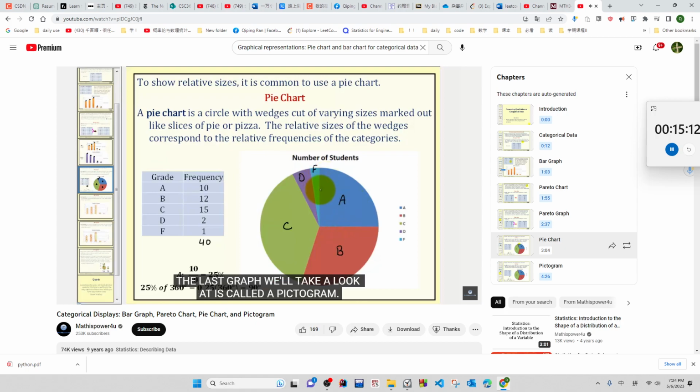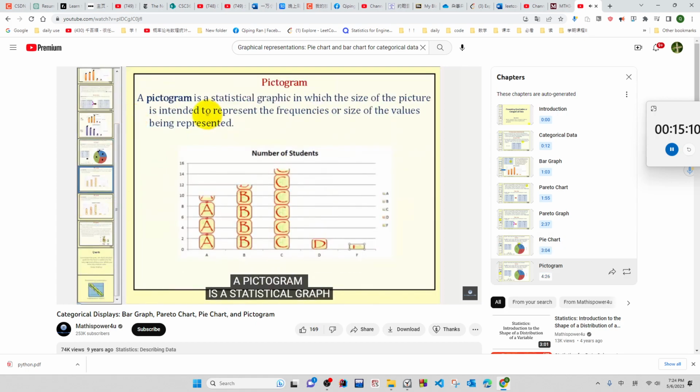The last graph we'll take a look at is called a pictogram. A pictogram is a statistical graph in which the size of the picture is intended to represent the frequencies or size of the values being represented. And there are some variations of pictograms. Notice here,